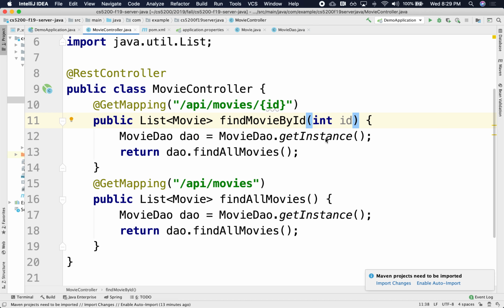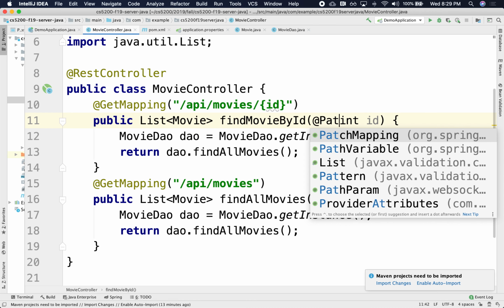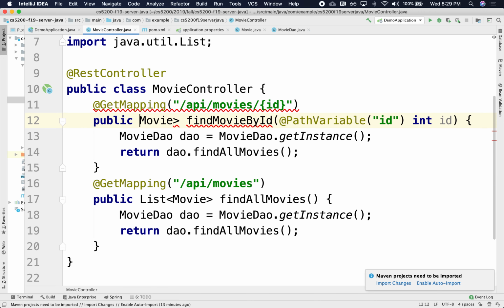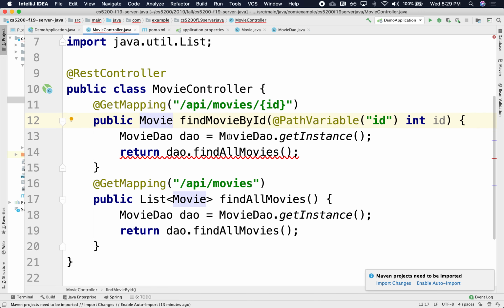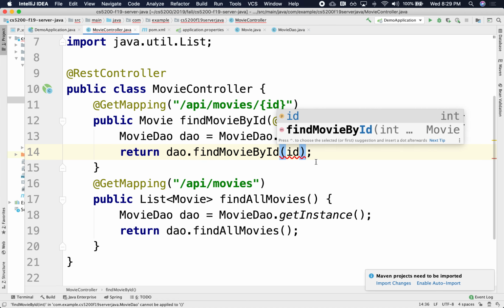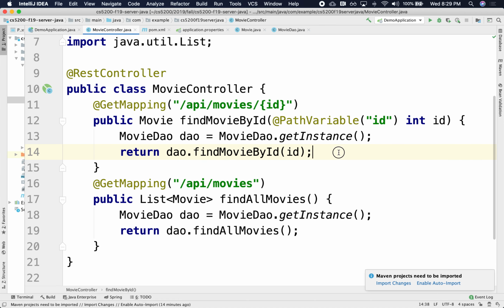So to do that, it's path variable. Yeah, path variable. The path variable is called ID. So parse the variable from the ID here in the path, and then map it into my local parameter. And I'm going to return a single movie, right? One single movie I'm going to return. It'll be get the instance of find movie by ID. I pass the ID as an argument, this ID, and then presumably I'm going to return that one movie, right? All right, so let's play.